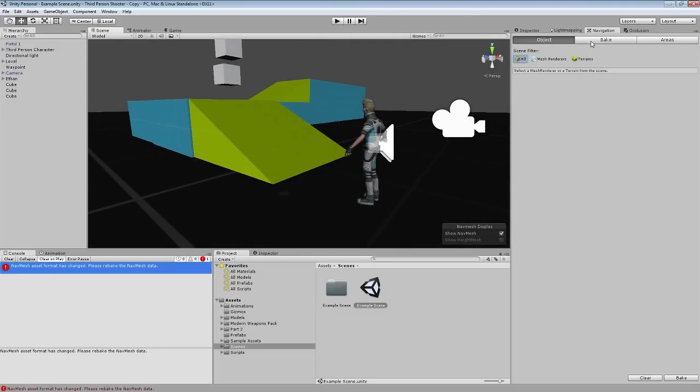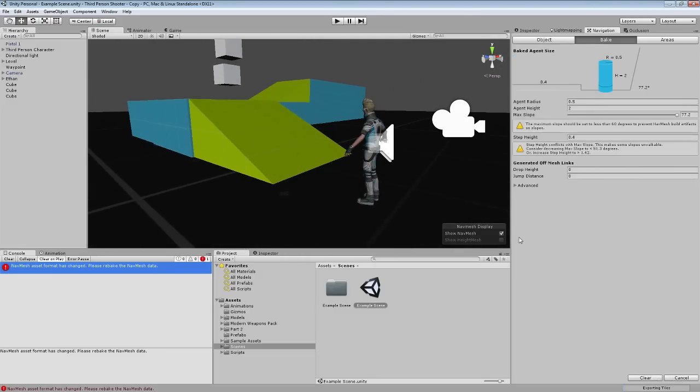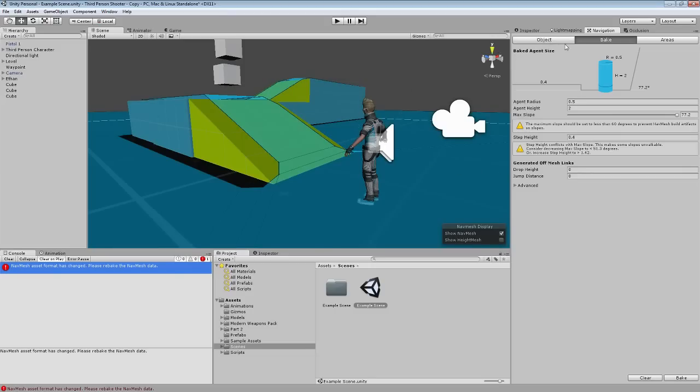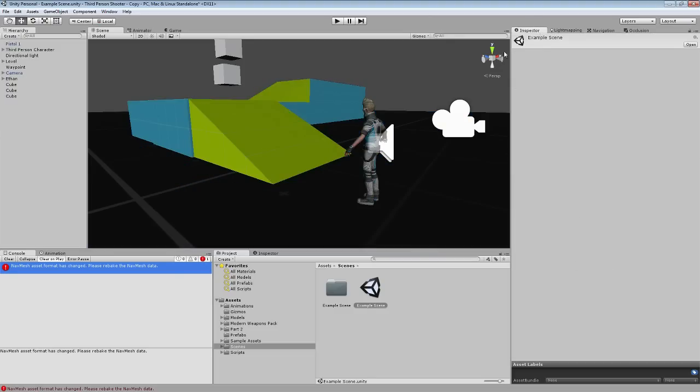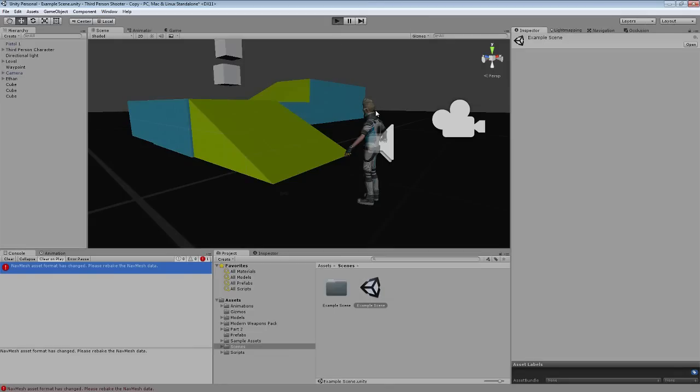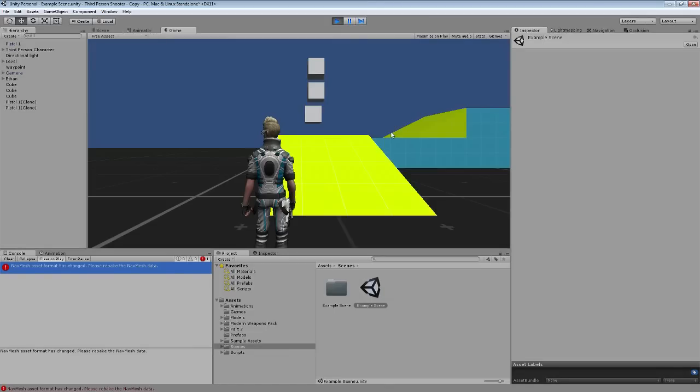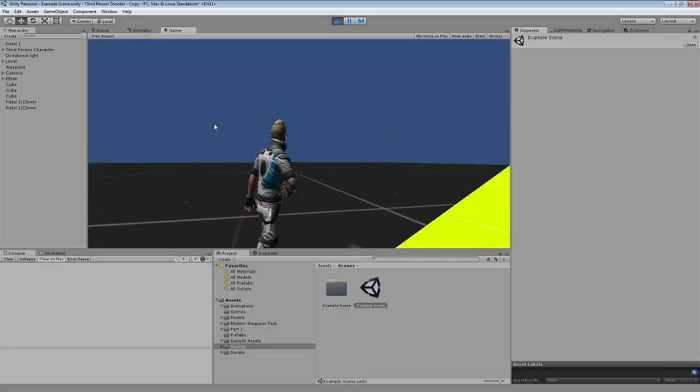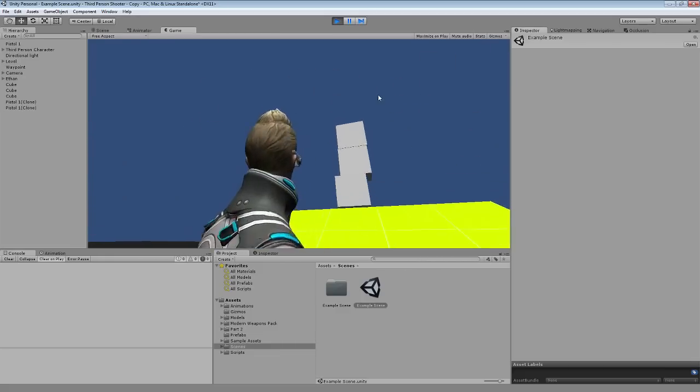So just rebake for now. We'll go more into depth with this later, so don't worry about them. Let's hit play. And everything seems to work fine, but,